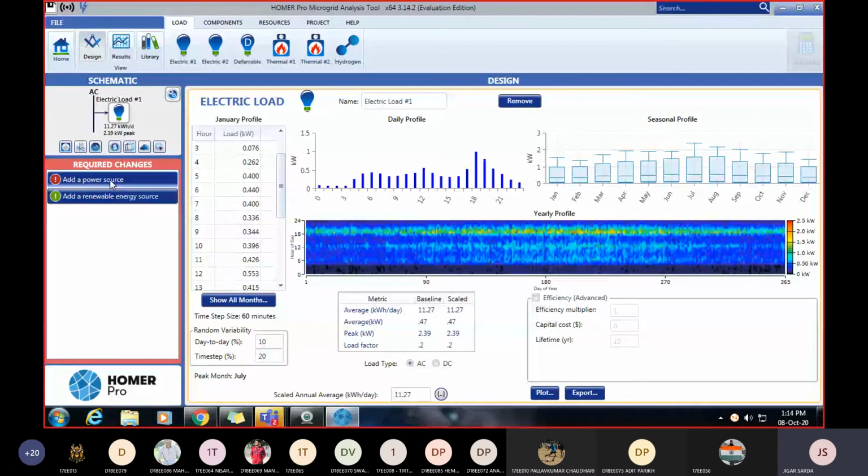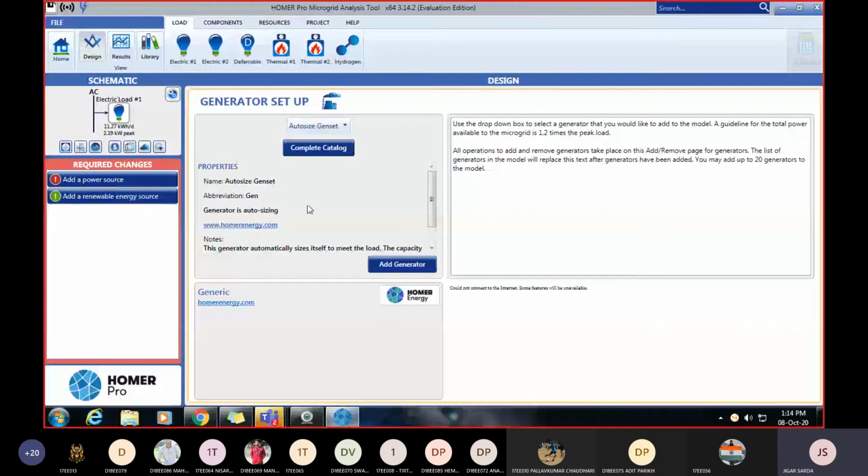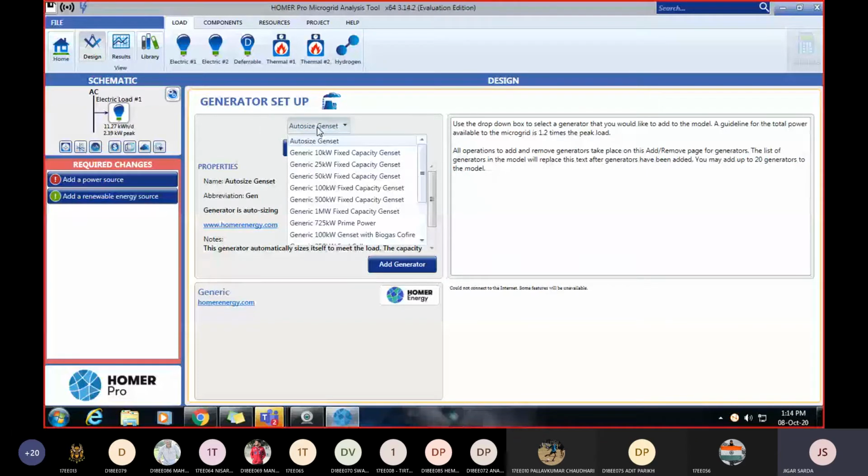So click on that. The generator setups are there. Auto size generator set. Different capacities of generator are present: fuel cell, biogas, small generator set, medium generator set, large generator set. According to your load, you can select the generator.